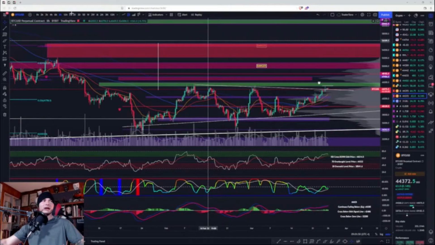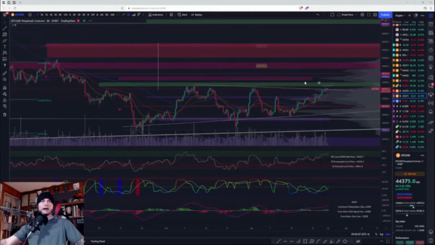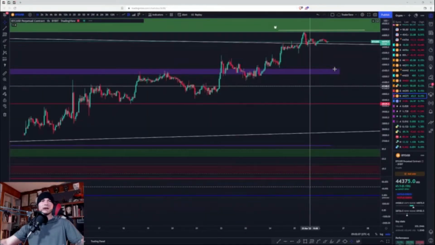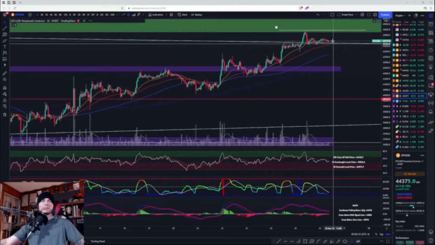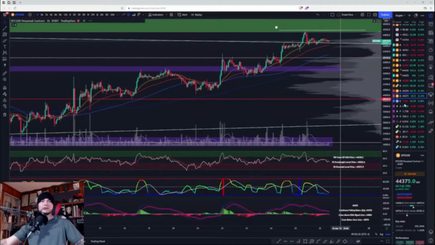You could get a pullback. Like this 1-hour could roll over into the 4-hour, which would roll over into the 8-hour, and we could get our pullback. But that's only if we break back into the symmetrical triangle, which we do not want to see, because that could cascade some bearish events. Let's move on to